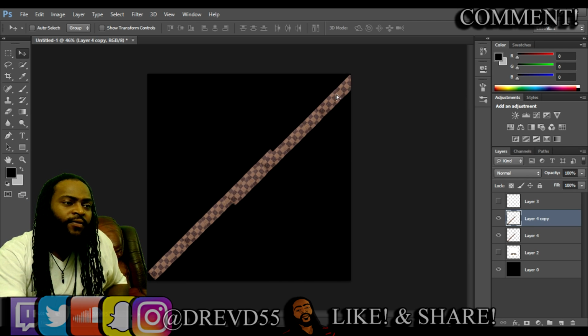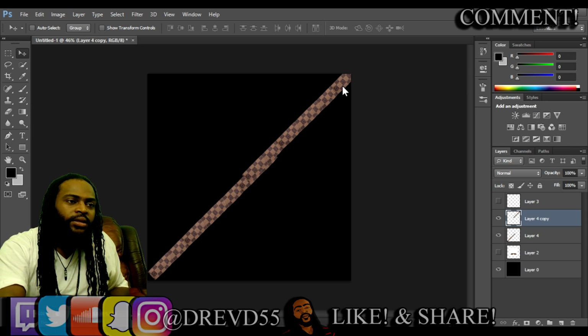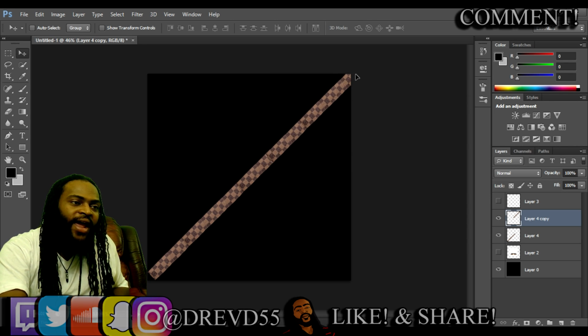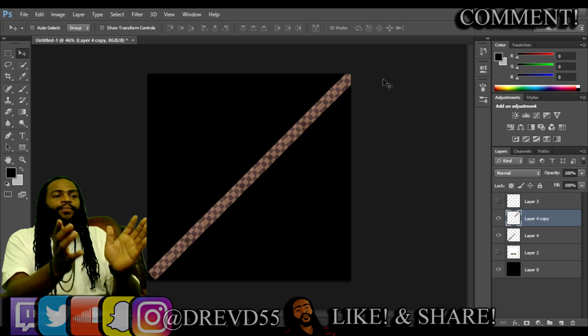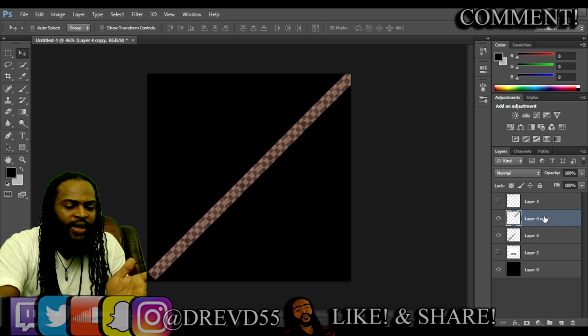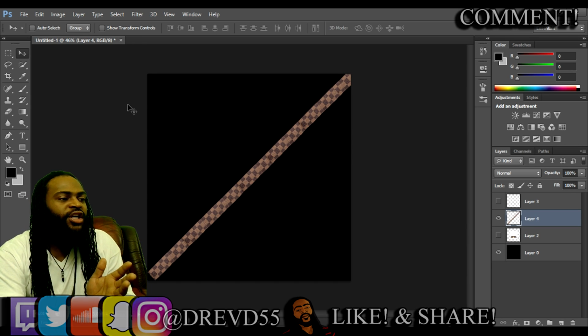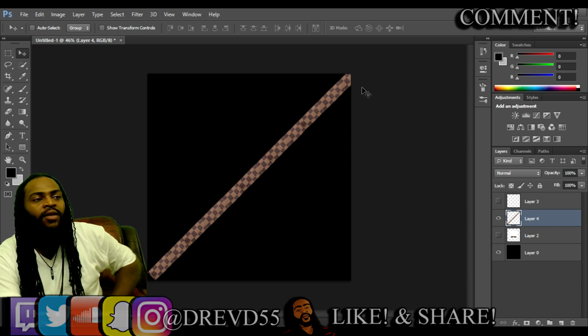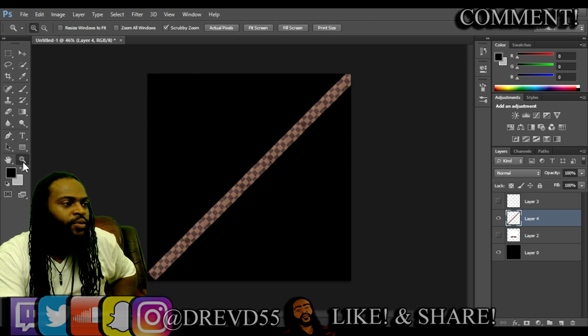Now you want to use your arrows, and you want to actually bring it out. Let me just use my mouse to drag it to about right here, right? Now you're done. Literally with this, we can merge that down. We can merge it down, but generally speaking, I don't like to have it coming outside of the image right there. So what you would do, you would zoom in,